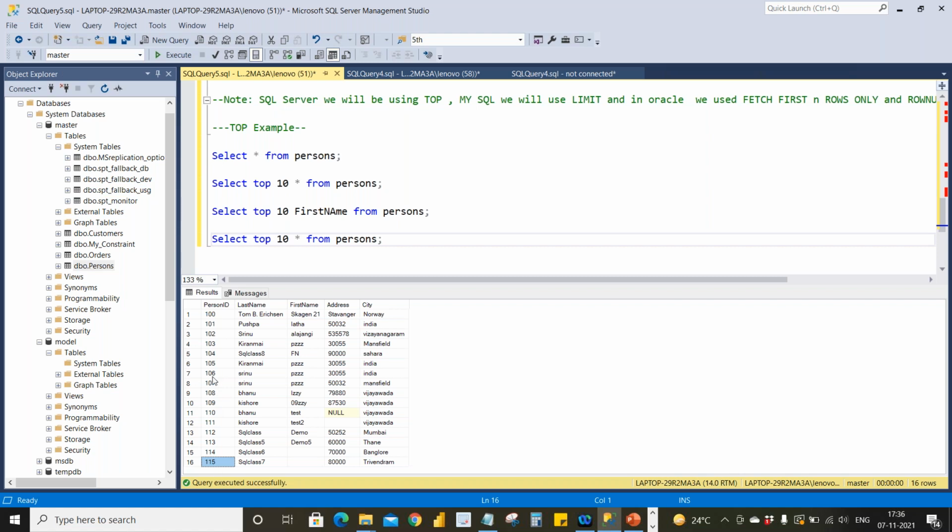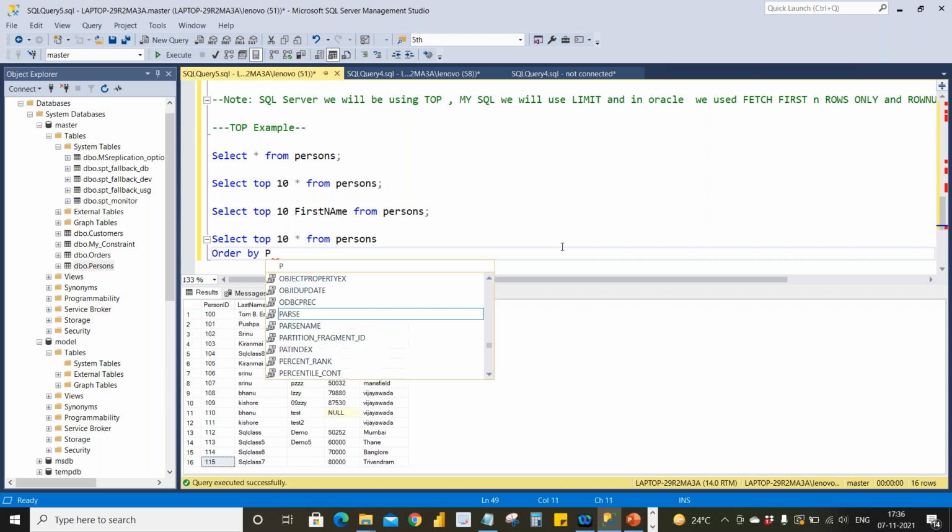So 115 to 106 I want to get. So simply I'll use the order by clause, order by descending order. So what happens? This 115 will come first. It will sort from 115, 114, 113 like that, and from 115 to 106 it will retrieve for me.